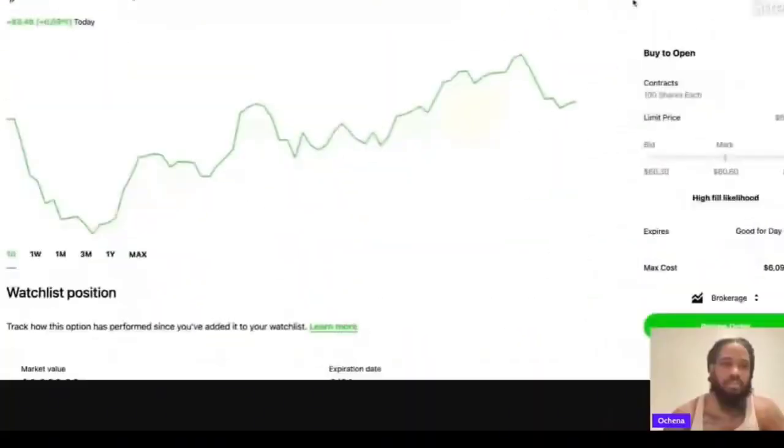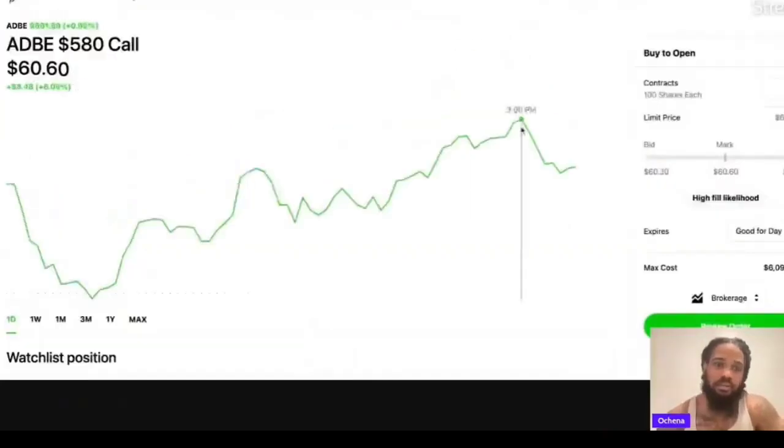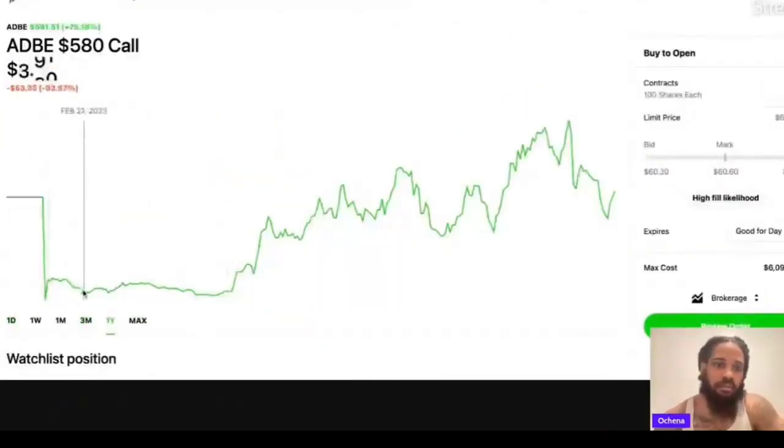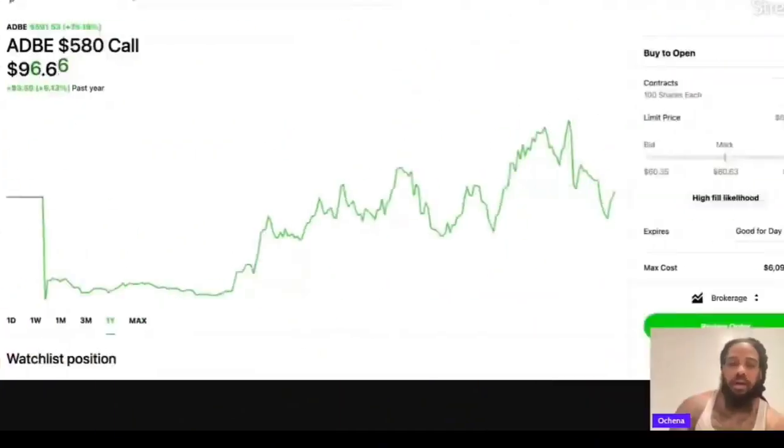Currently, right now, this is the option contract right here, the chart for it. When I purchased it, at this time right here, you can see it was about 390, so it's $390 right here. And as you can see, it drastically increased over time. It went all the way up to about $9,968, in less than a year. This is the power of what options can do,